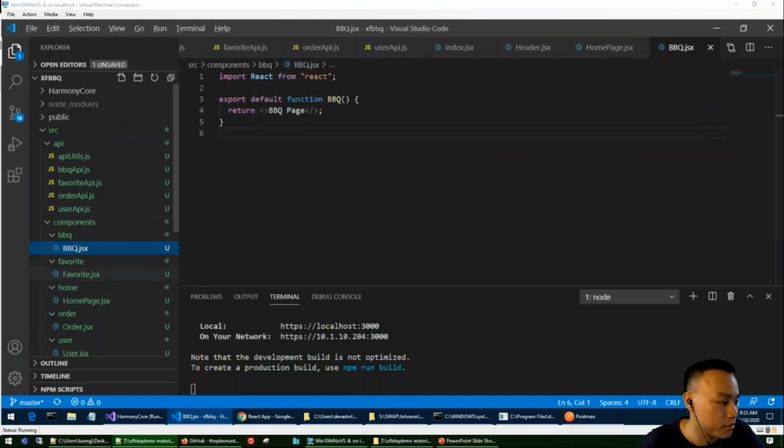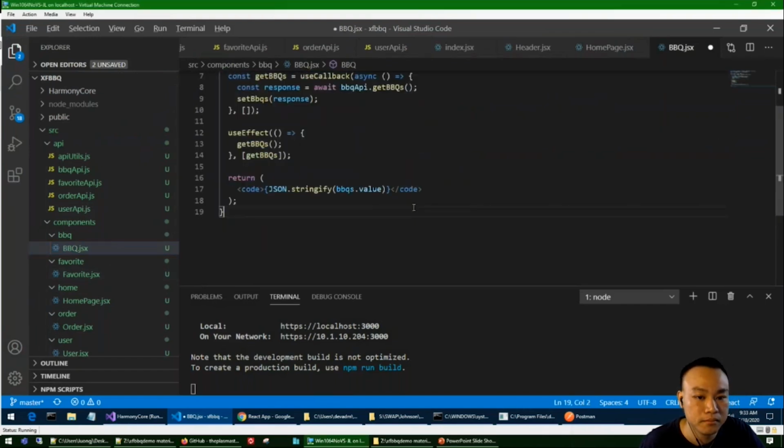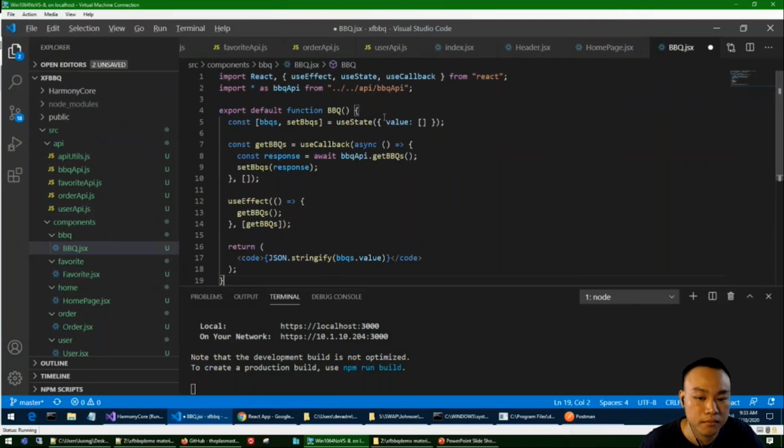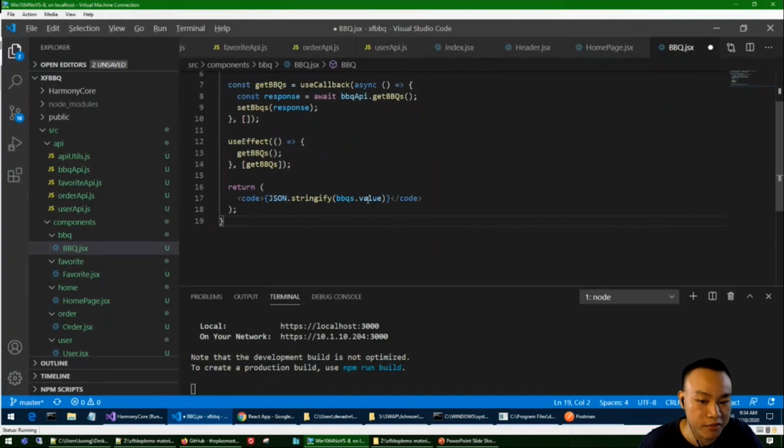And then we also need to modify our pages so that we will tap into these APIs. So they're no longer these simple pages. Here what's going on is that I am using the useState hook to set these. And then I'm using a callback in order to await the call from here, the get barbecue call. I'm going to set the barbecues based on the response of that, and I'm just going to JSON stringify the value that comes out of it.